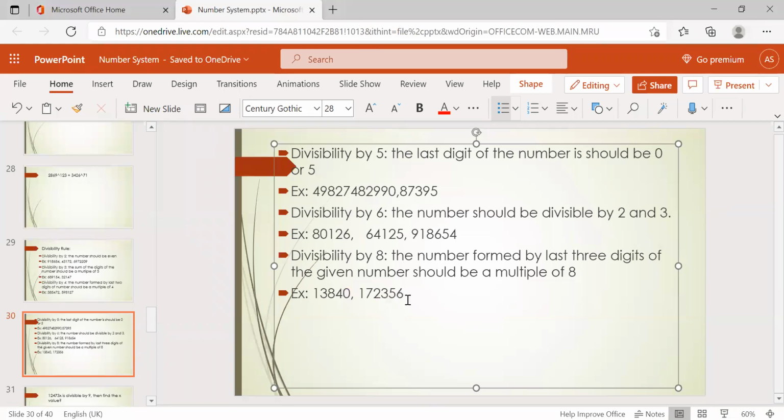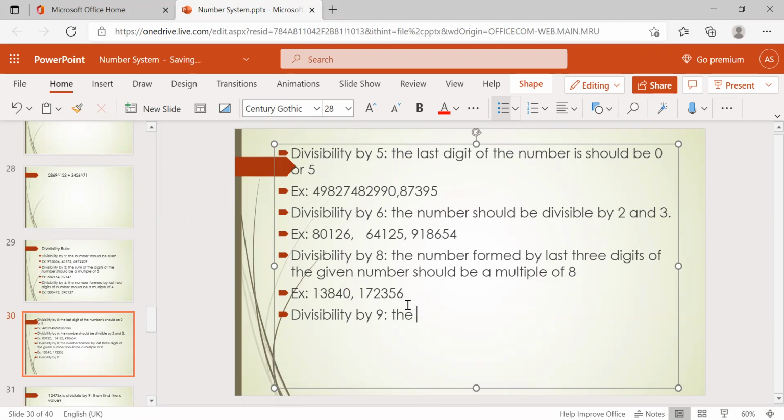Okay. Now check another one: divisibility by 9. It is actually interesting.